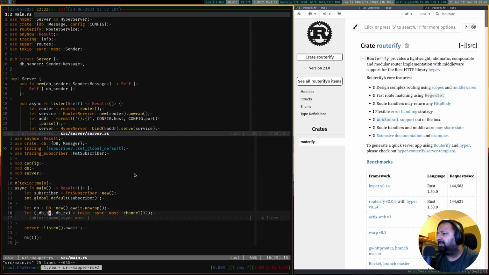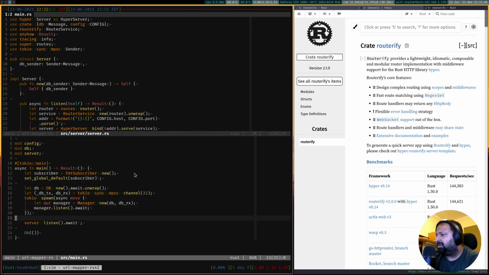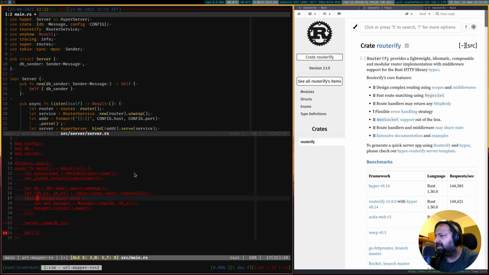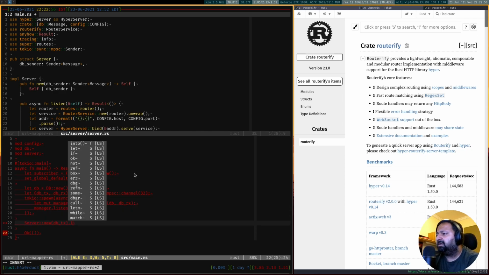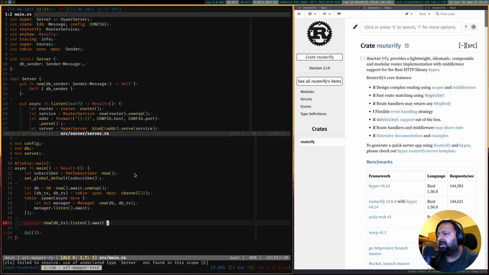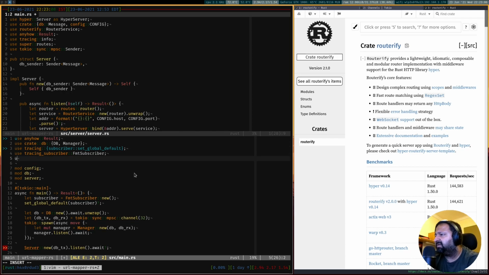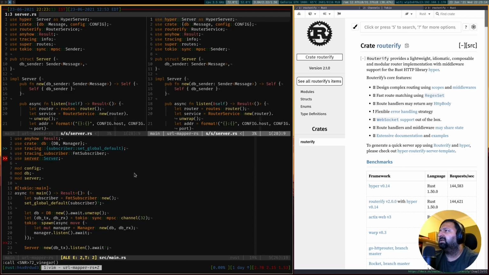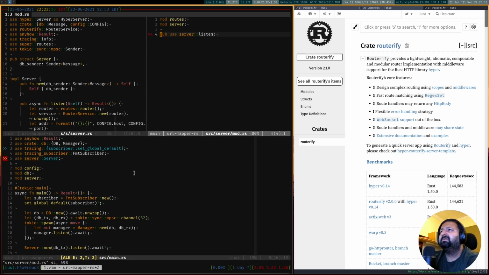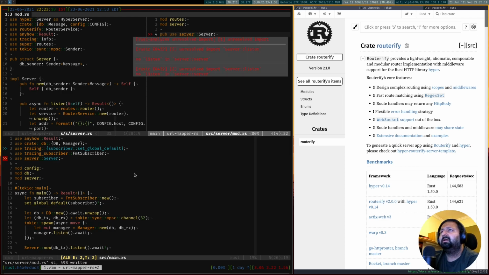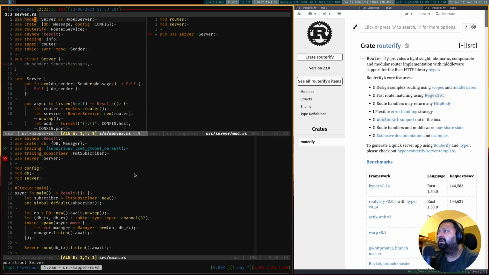Let's go back to the main, and so our implementation would change slightly, and it will become this. We will pass in the database transaction, the sender, basically the transmitter, and then on this instance we will be calling listen await, just like we were doing previously. The only difference being we also have to import the server. Again, in order for us to import it, we would have to export it here, right? Once we have exported it, yeah, it's all fine.